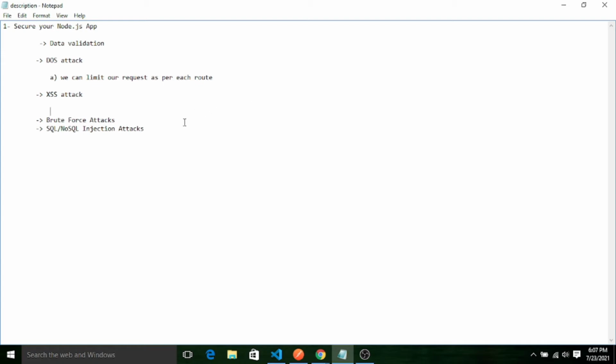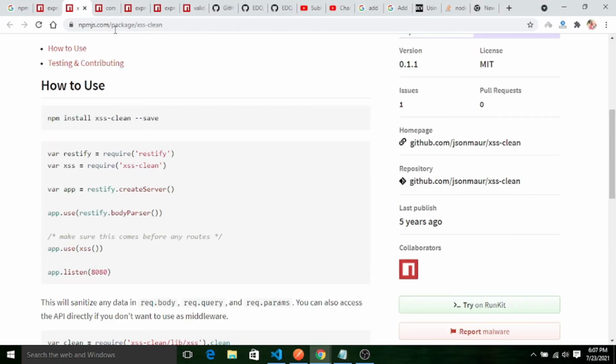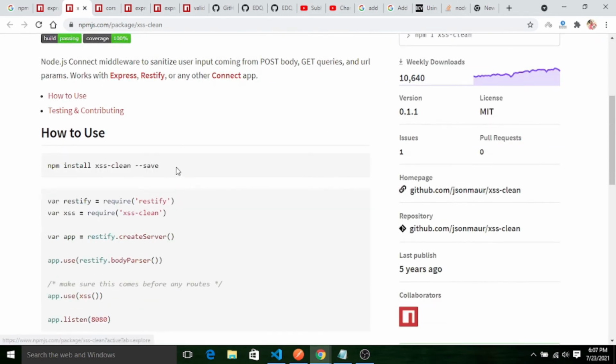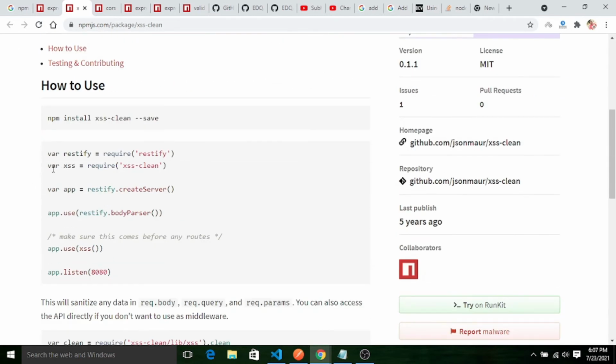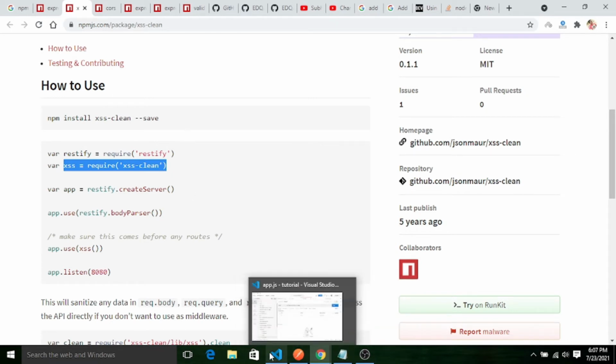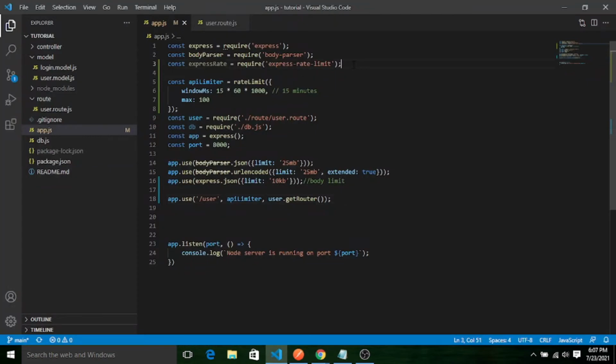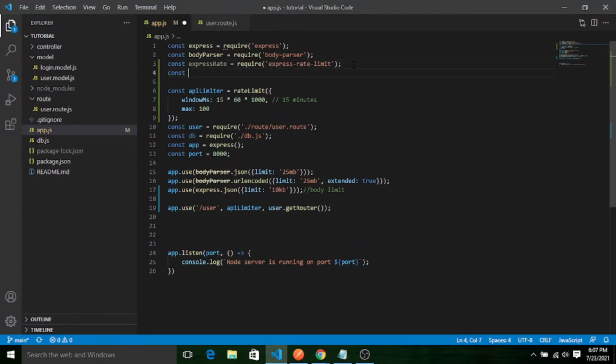For that, Node.js has an inbuilt middleware module. I will take you to those modules. That is one of them, xss-clean. I found this one is also good. So you can just implement it like this. Let's say copy, paste, and it will be used as middleware.